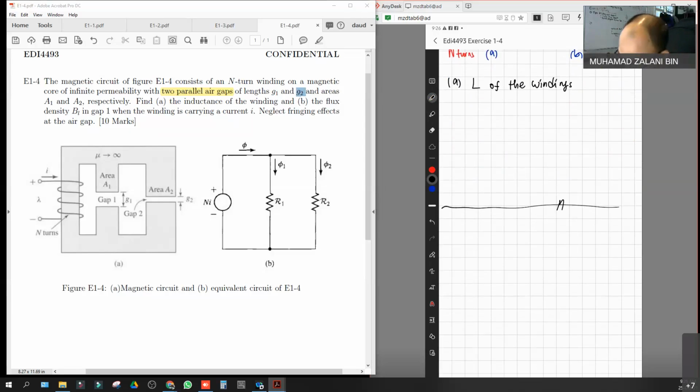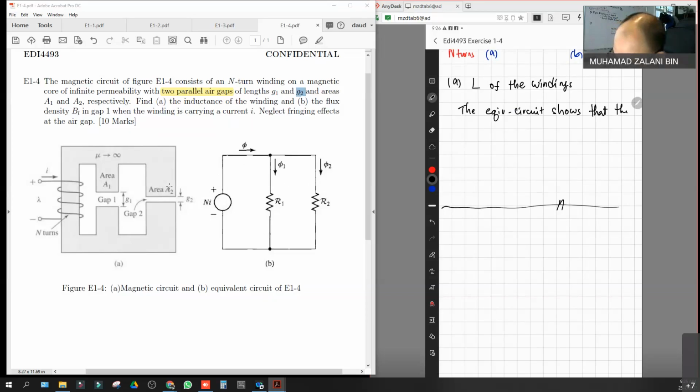We can say that the equivalent circuit here on my right hand side, the equivalent circuit, shows